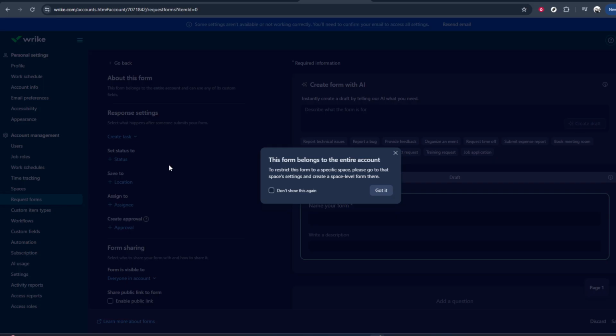As soon as you click Plus Form, Wrike will open the form builder and guide you with on-screen prompts. Follow these prompts carefully. You'll typically start by giving your form a clear descriptive name so that your team knows exactly when to use it. Then you can start adding fields such as short answers, paragraphs, drop-downs, checkboxes, or dates, depending on the information you